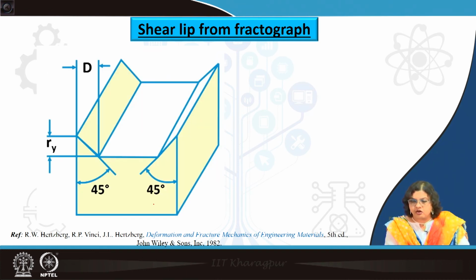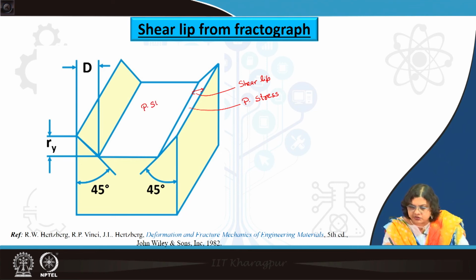So, this is a schematic of a fracture surface as we have seen. Essentially this is the part where we are having the shear lip, or this is the part where we are having plane stress, right, and this is the part where we are having plane strain. So, we can very well measure this shear lip width or shear lip depth, right. You can see that this shear lip width is given by this r_y, or you can say D. So, this capital D here is the shear lip depth that we can measure,